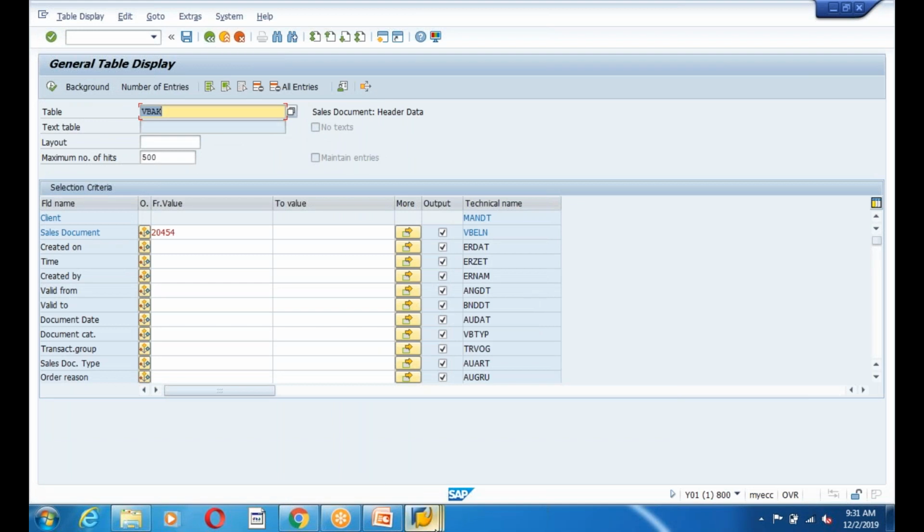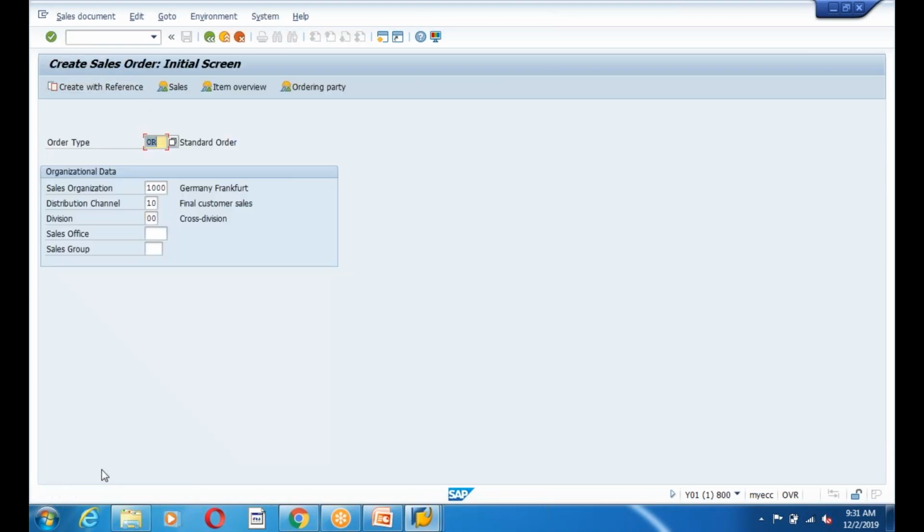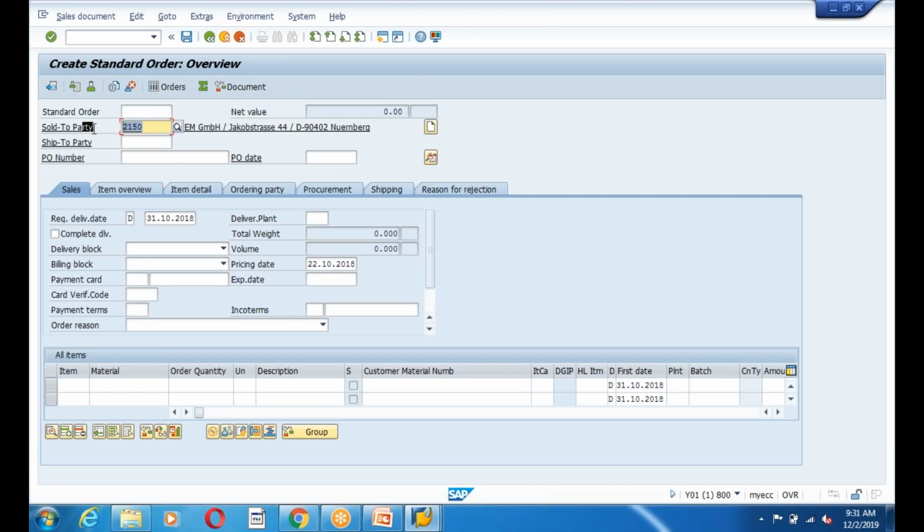And also guys, what are the dependent things when you want to create an order? Definitely, to whom we will sell the products, guys? Any company, yes, the customer is mandatory. The customer information should be there in the system. The second thing is, what you are selling to the customers, products, even the material information should be there in the system, guys. This data, the customer data and material data, I call it master data.